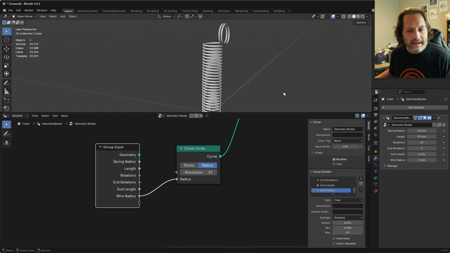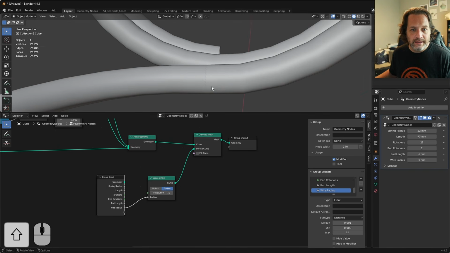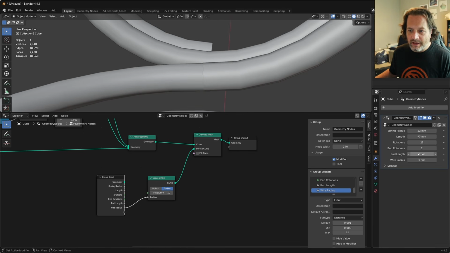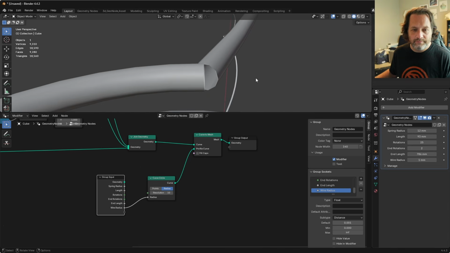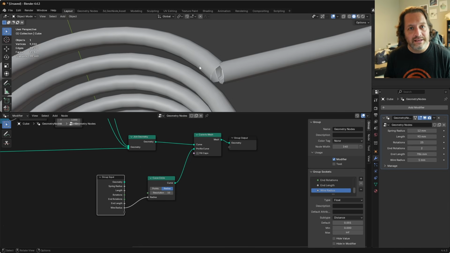Now let's take a peek at some place where it is not looking great. And that is right here. Bring the resolution down a bit to 10. And then if I start to bring out like the end length, you can see what's going on. Just because I lined up the end loop curves and the main spiral doesn't mean that those have become one spiral. We need a way to join those together so that this is one continuous curve,